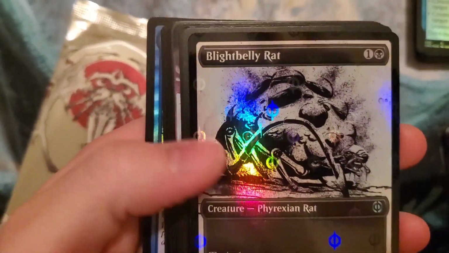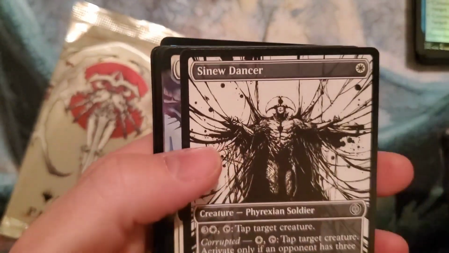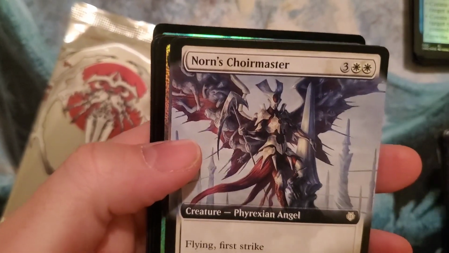I don't like you. Blightbelly Rat. We got a Thrumming Bird. That's a good one. Sinew Dancer. Norn's